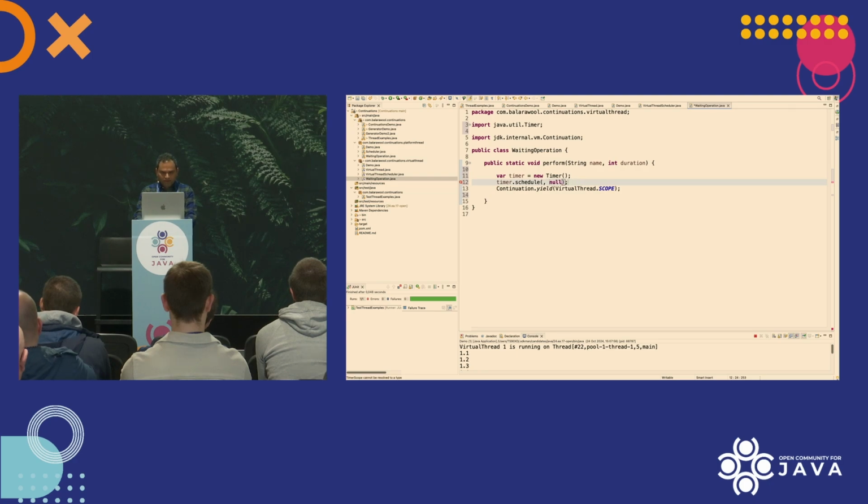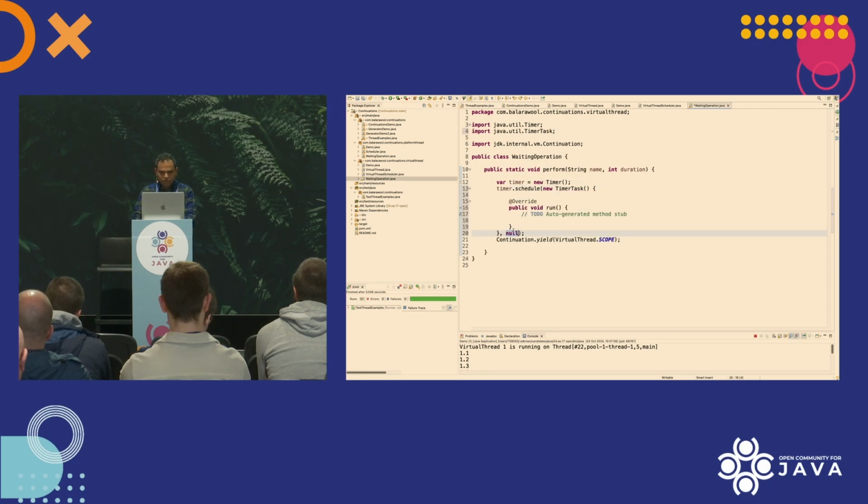So this way I'm able to set duration, oh yeah, duration into 1000, and then I can just cancel the timer here.